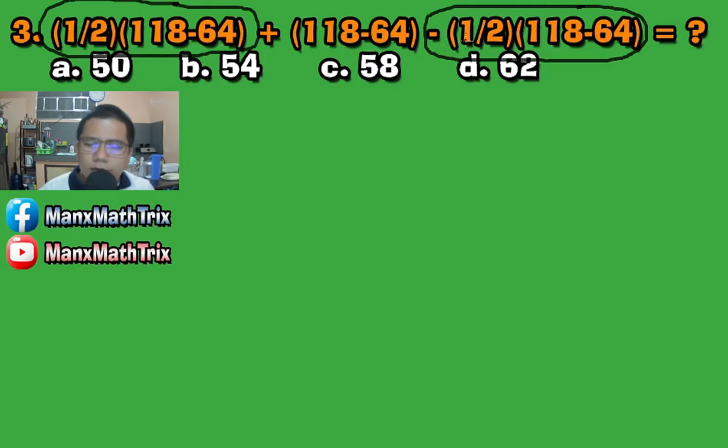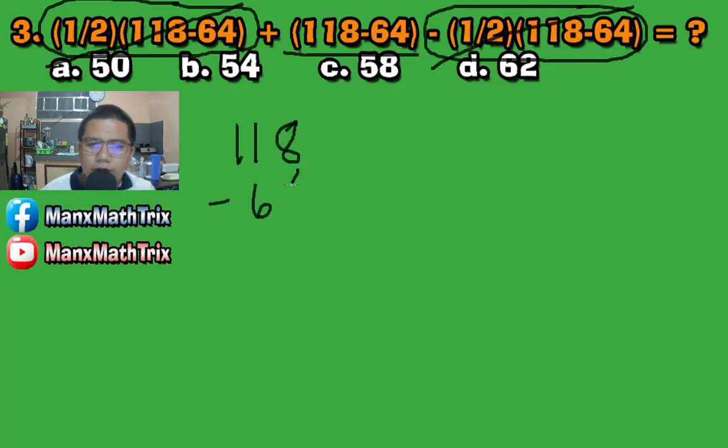But, this second one has a minus sign. Ang ibig sabihin, pwede na natin silang i-cancel out kasi kapag minus mo yung isa, magiging 0 lang naman sila. So, ang matitira na lang natin dito is ang 118 minus 64. So, pwede na natin siyang i-cancel out. Cancel. Just equal to 118